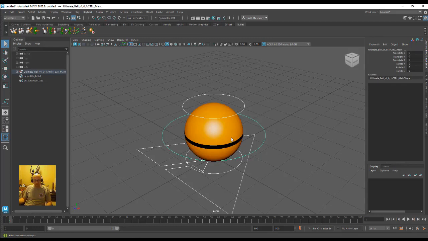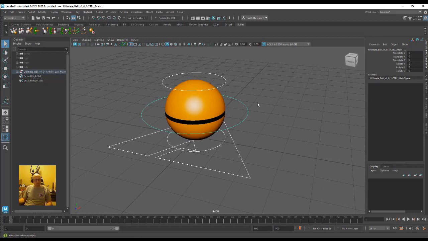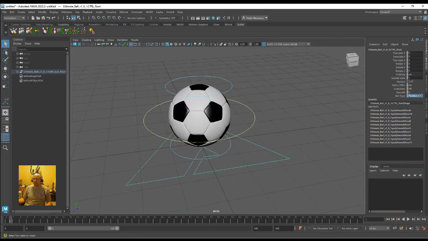Okay, so basically, a little bit about the Ultimate Ball. It is called the Ultimate Ball because it can be many different types of ball shapes, and it's fully textured. If you select the root object here, the triangle, you can go to ball type and choose from the basic ball to a simple ball to a checker ball to a soccer or football and a football 2,